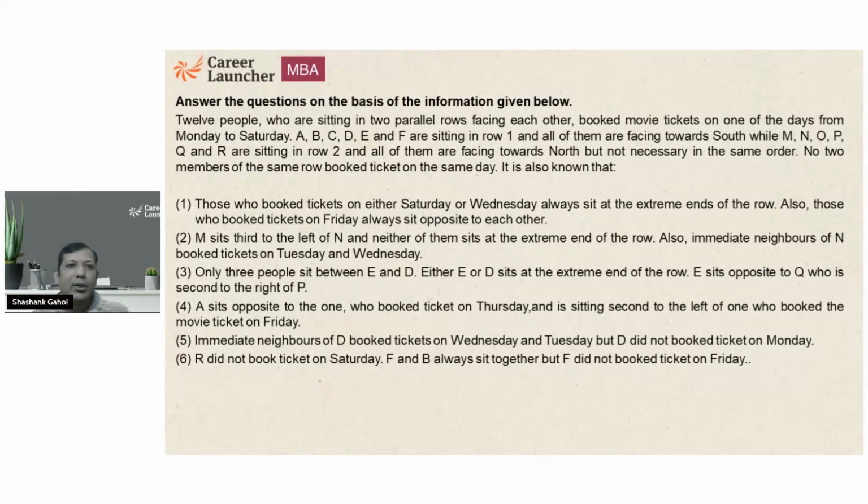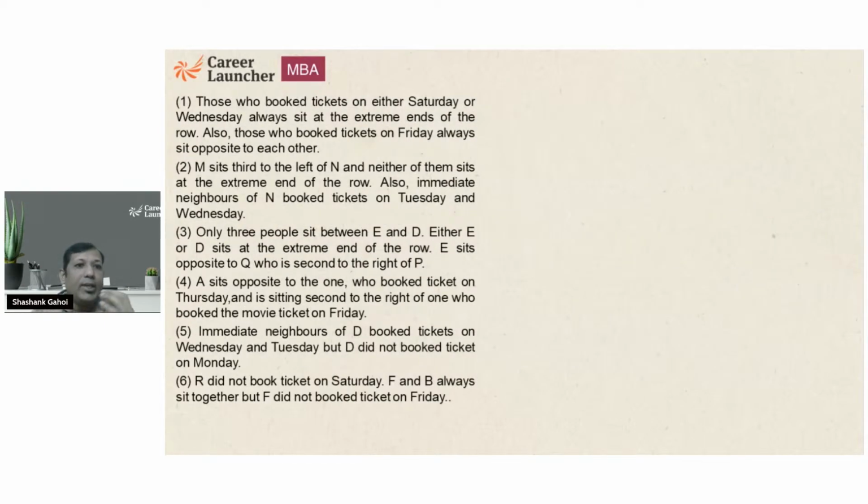6 people are sitting. 6 people are looking at the north, 6 people are looking at the south. Okay, we got row 1, we got row 2. Now my job is to make the arrangement and so on. So I am just going with the seating arrangement of 6 people. Did I draw a very straight line? Okay, so 6 people,